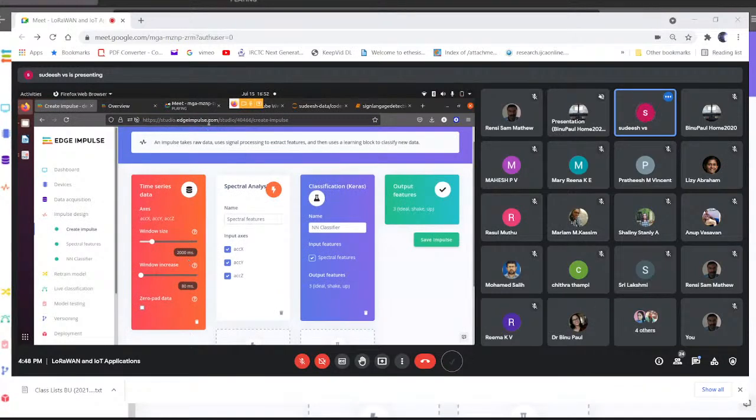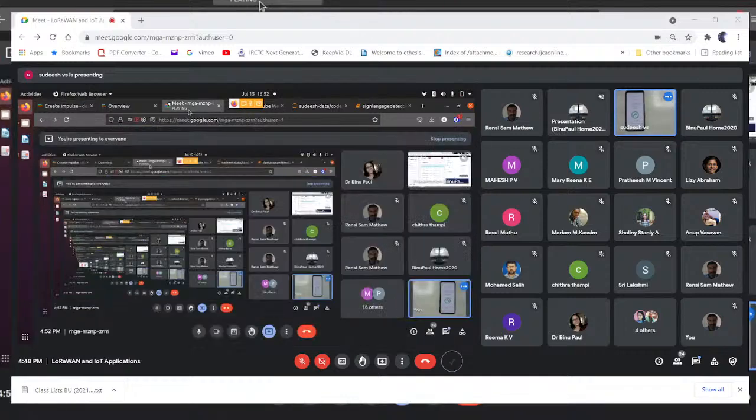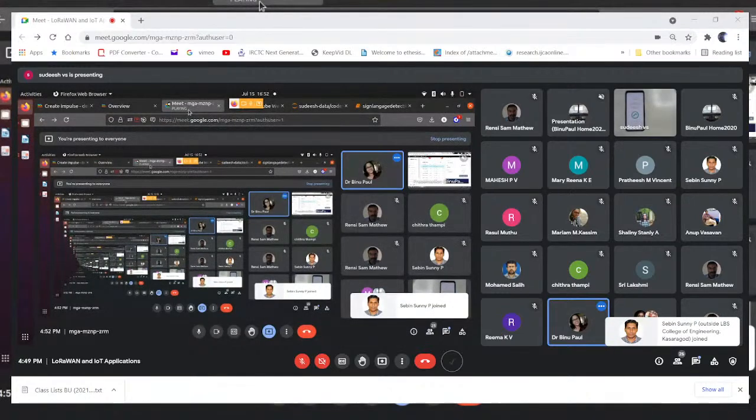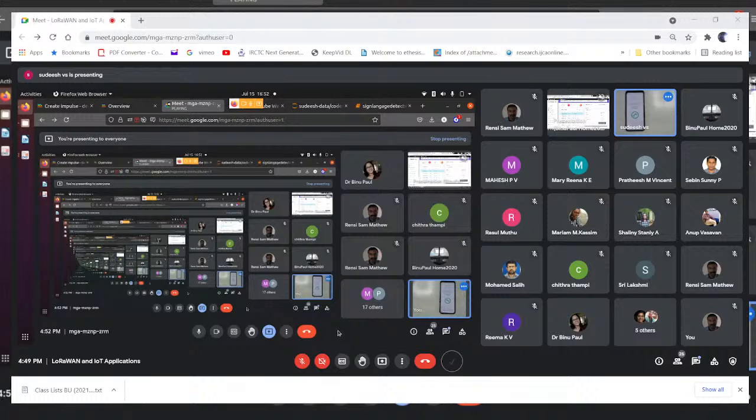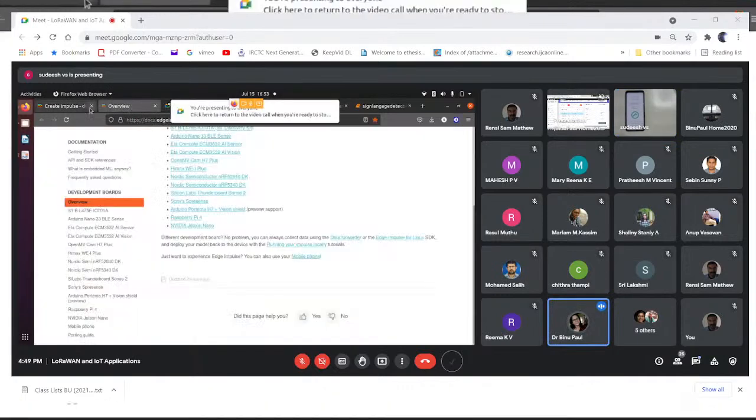If you complete it. What about this? In this design, do we have to change the window size or just create the output feature?